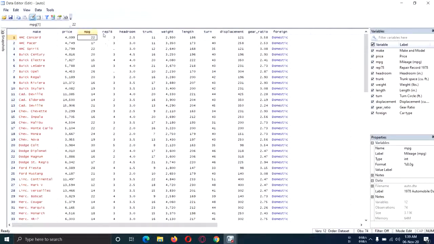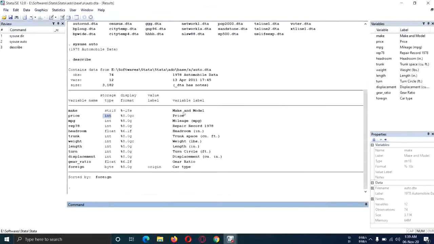If you look at rep78, its values are 3, 4, 3, 2, something like that. So these are integers. It is showing us that the type of this variable is integer, and Stata does recognize these values. You can play with this data. If you look at headroom, you can see its values are 4.5, 2.5. The values are in points, so it will not be an integer.